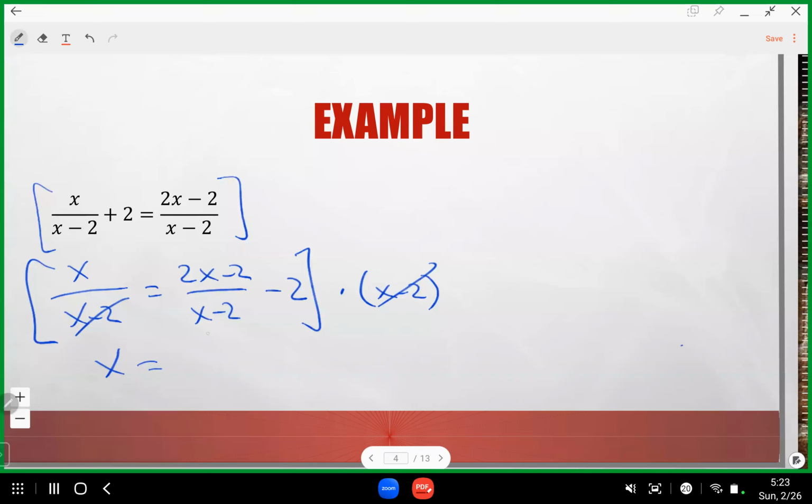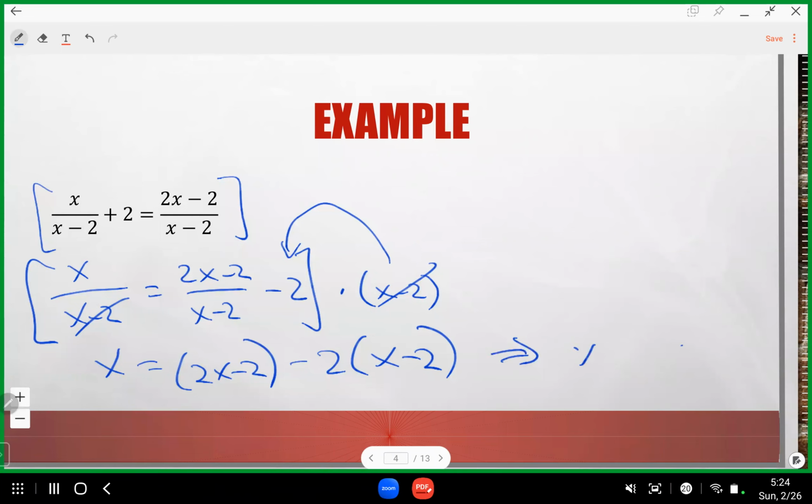what do we get next? And then you can cancel out the x minus 2 and the x minus 2 on the right. All right, and don't forget, you must also multiply x minus 2 to this -2. So don't forget to do that. Subtract 2, and you get something like this, right? Yes. And then you get x equals 2x minus 2 minus 2x plus 2, which is